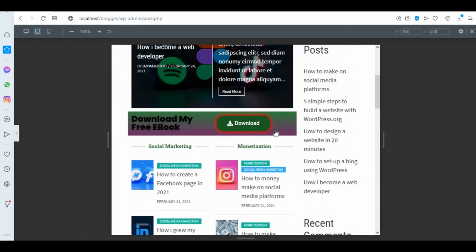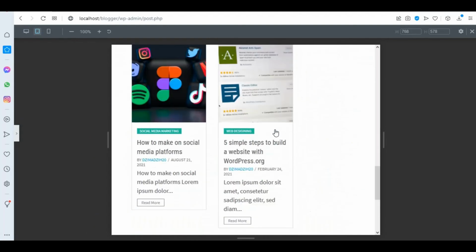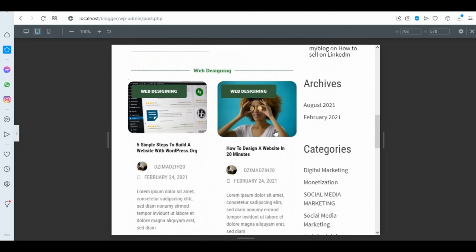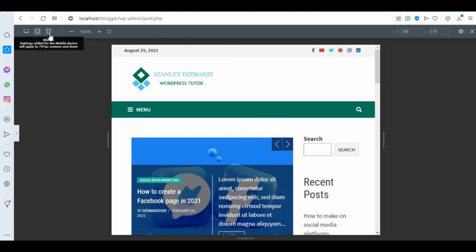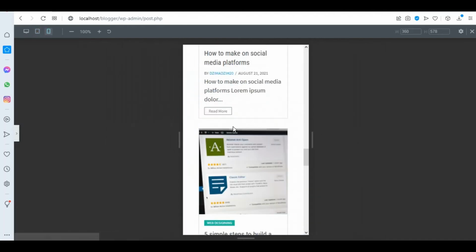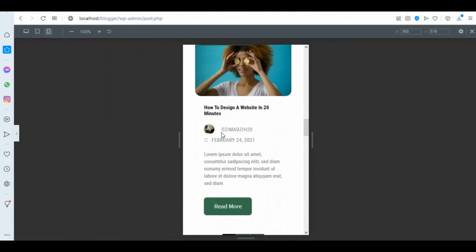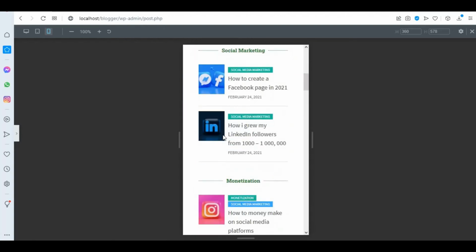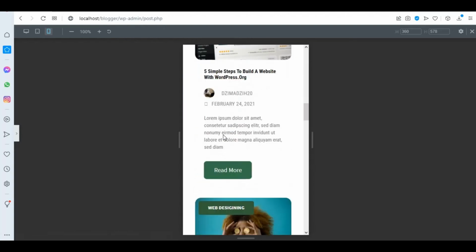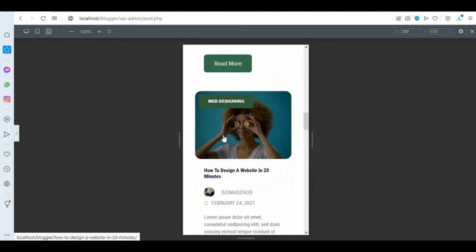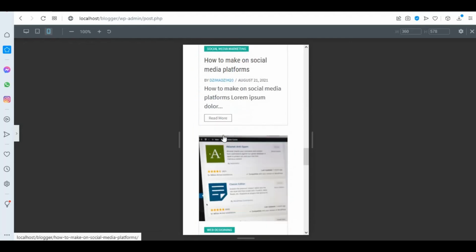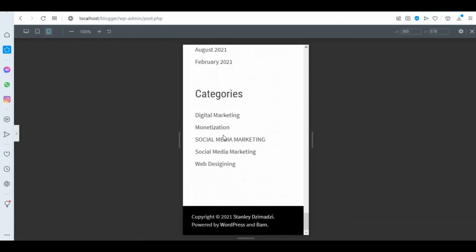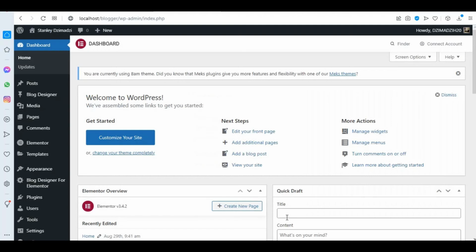On a mobile, this is how the website is going to look. So this is not bad. I think it's very easy for your visitors or your audience to read the posts on your website. Okay guys, now that we are on our backend, let us install another plugin